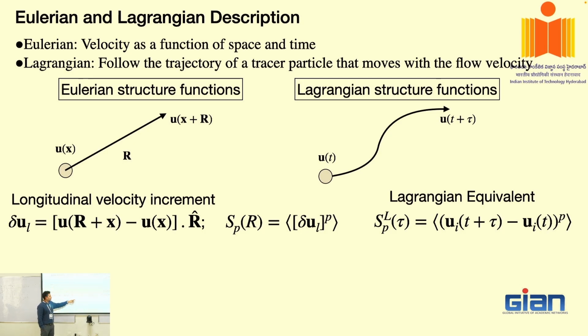Now if you look at the power of it, suppose you take the pth power of this velocity increment, and you average over the domain, you are going to get a pth order structure function. This is an important quantity, because it tells you whether your flow is smooth, or whether there is going to be intermittency in the flow or not. So these kinds of ideas become important in the turbulence community. That is a very important quantity to look at.